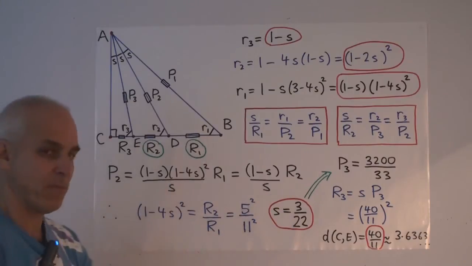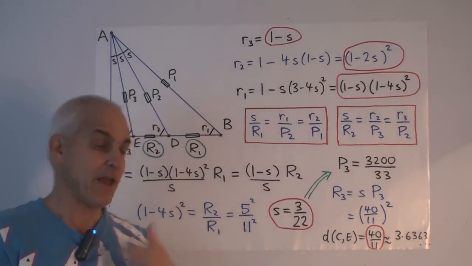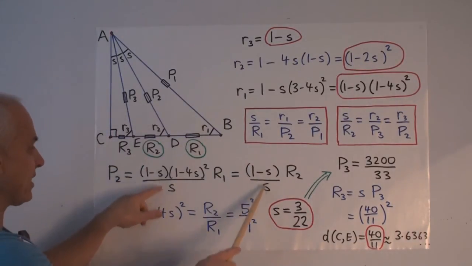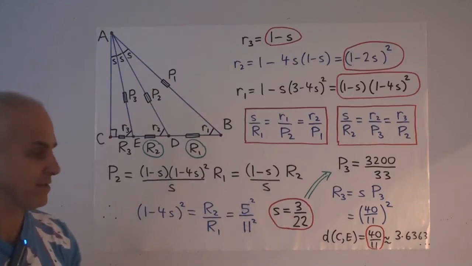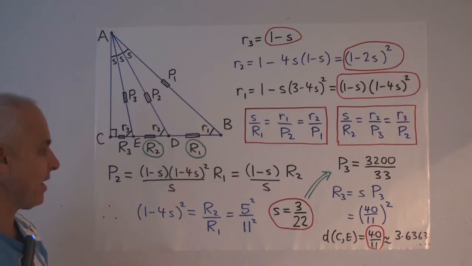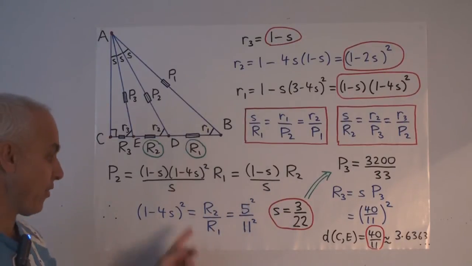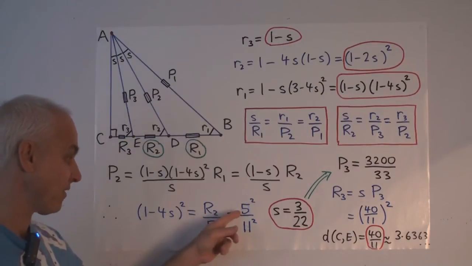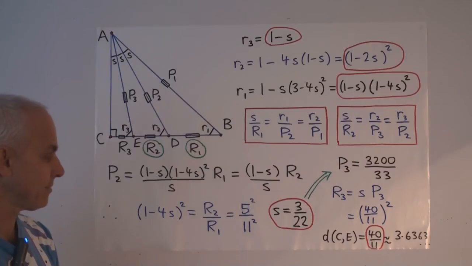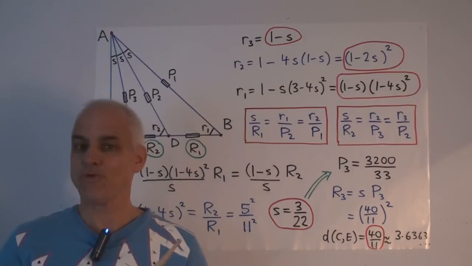So having solved for P2 in two different ways, we now get a relation between S and the two quadrants that we know, R1 and R2. Because conveniently the 1 minus S and the S cancel from both sides. And we're only left with 1 minus 4S squared on this side equals R2 over R1. Those are the ones that we do know. We know that R2 is 5 squared. We know that R1 is 11 squared. So we can solve for S. It's a quadratic equation,